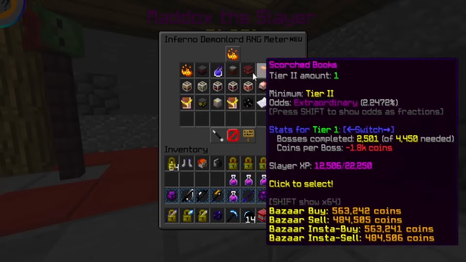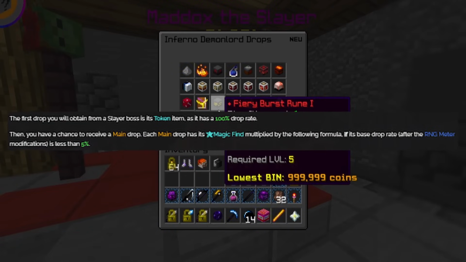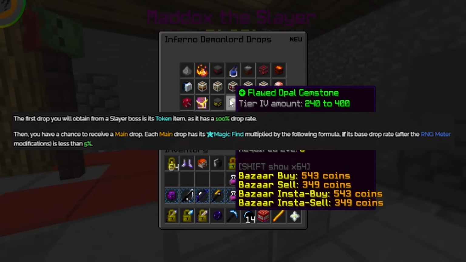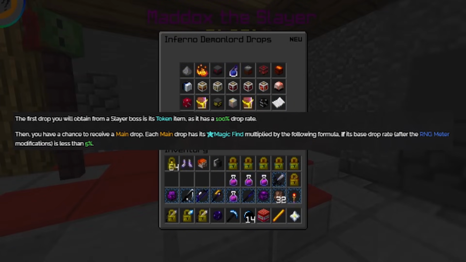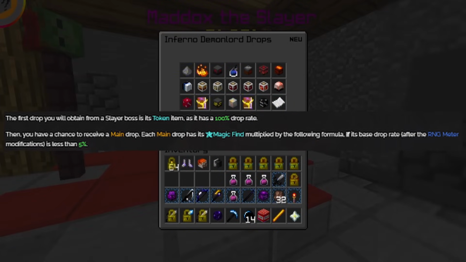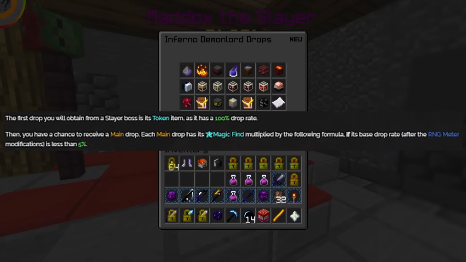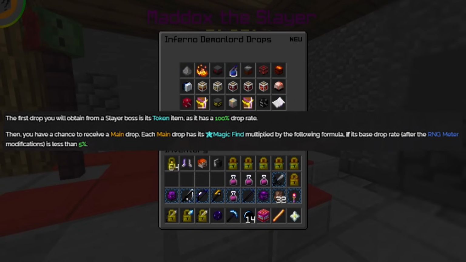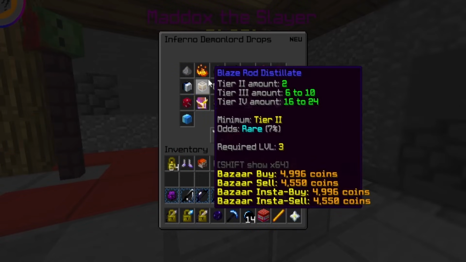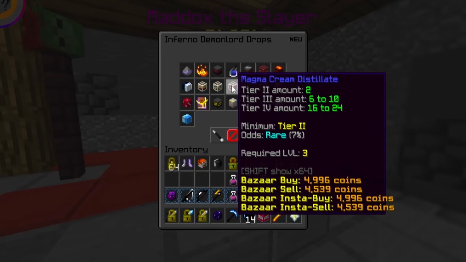In terms of how these items are rolled for, the first drop you obtain from a Slayer boss is a token item, as it has a 100% drop rate, such as Derelict Ash from Blaze Slayer. Then you have a chance to receive a main drop. Each main drop has its magic find multiplied by the following formula, which can be found on the wiki, if its base drop rate after RNG meter modifications is less than 5%. So if the drop rate is more than 5%, magic find doesn't affect it, as well as RNG meter does